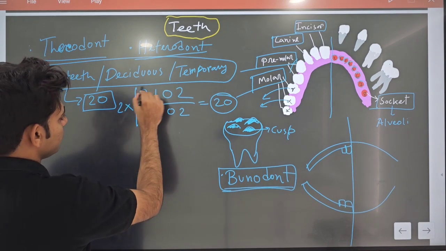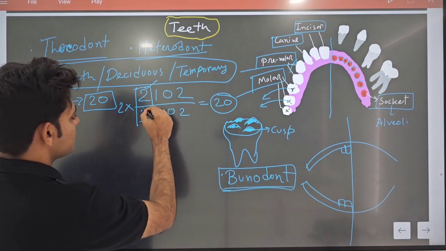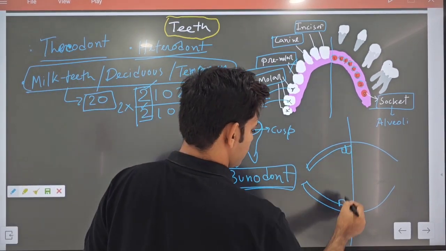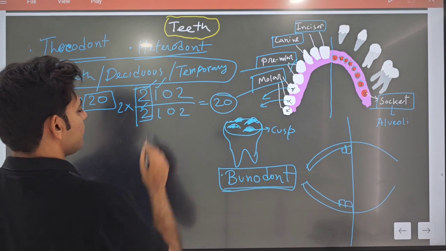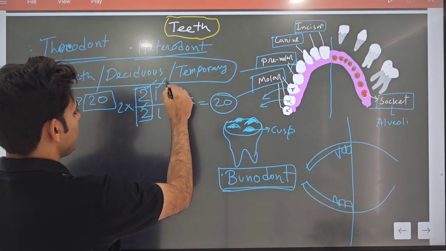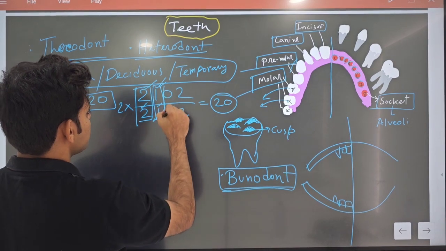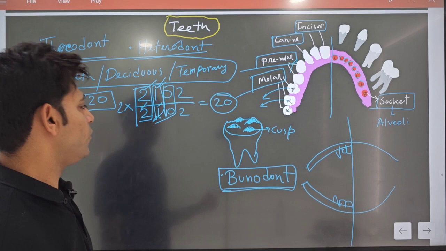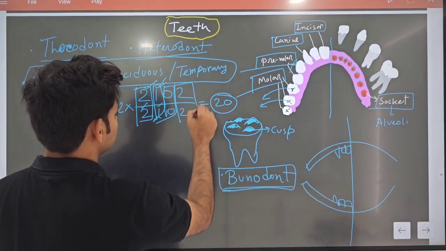Now why this 2 by 2? 2 incisors upside, 2 incisors downside. 2 incisors here, 2 incisors here. One canine in the upper half of the jaw, one canine in the lower half of the jaw. This is 1 by 1. Now 0 by 0, because in infants there are no premolar teeth. This 2 by 2, these two are the